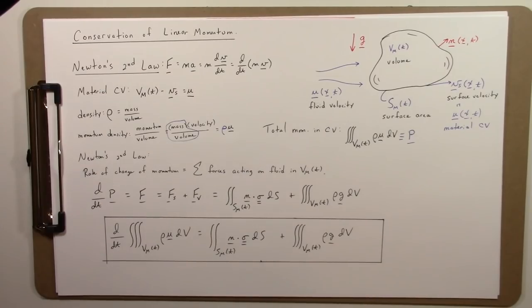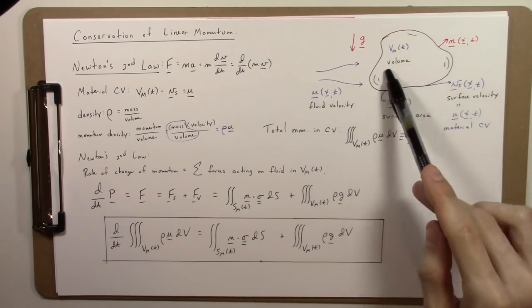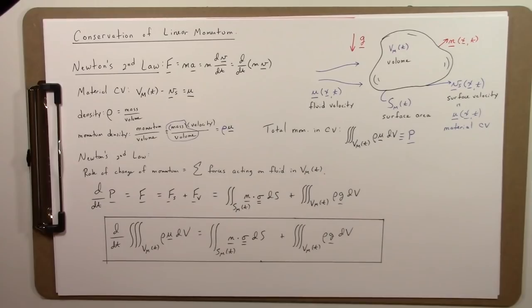We want to obtain a partial differential equation valid at every point in the fluid domain that expresses conservation of linear momentum. Whereas what we have so far is an integral expression expressing total conservation of linear momentum for this entire fluid control volume. So in order to get to our partial differential equation, known as a conservation equation for linear momentum,